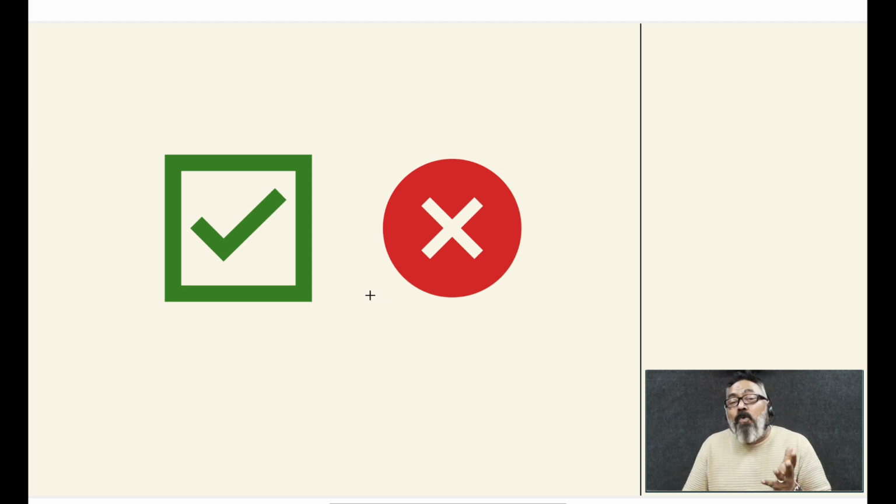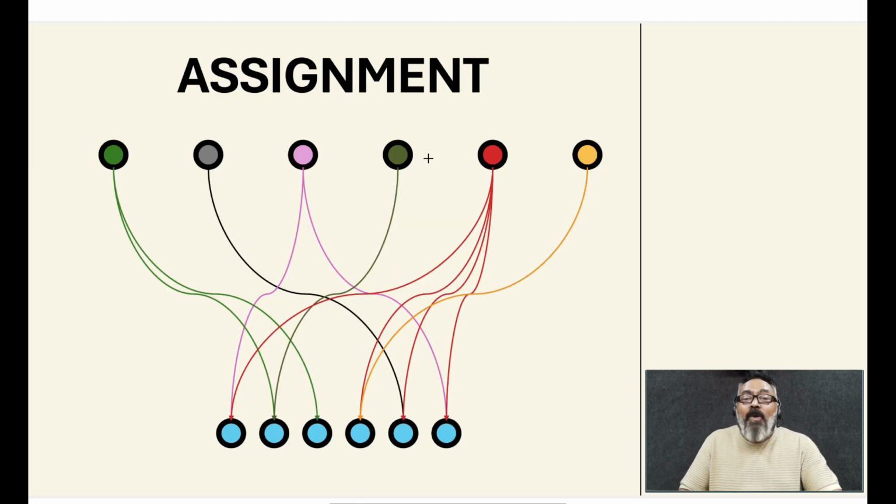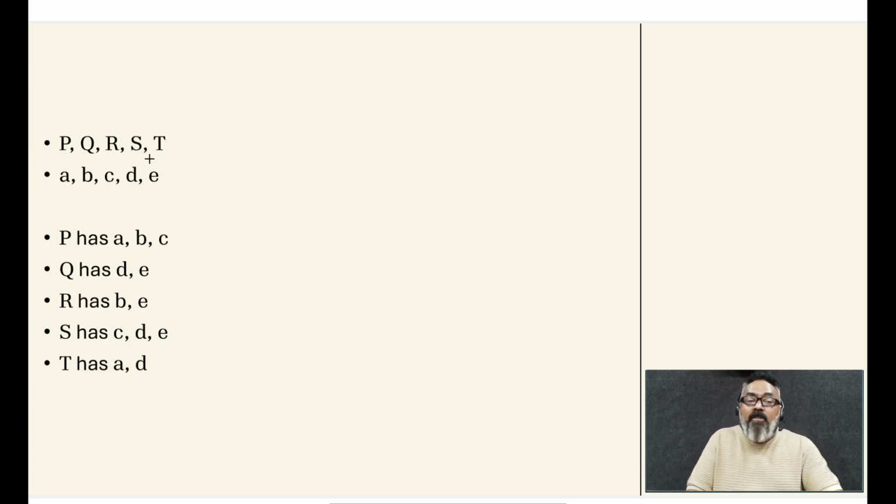So where can we use this tick and cross? Tick and cross, we can use it whenever we see assignments. Let's say there are certain attributes that are given, another set of attributes that is given, and one particular item has got certain kind of attributes, and we are trying to create something like this. For example, let's take a case where there is PQRST and ABCDE. There are two sets of attributes, and P has ABC, Q has DE, R has BE, S has CDE, and T has ED. So let's say P is assigned to ABC, Q is assigned to D and E,